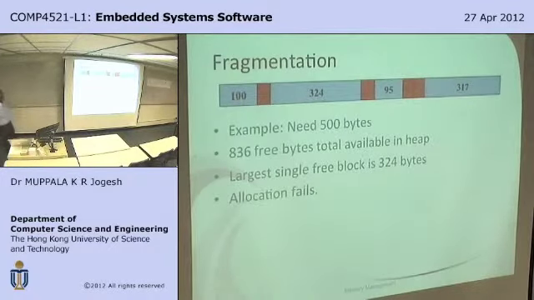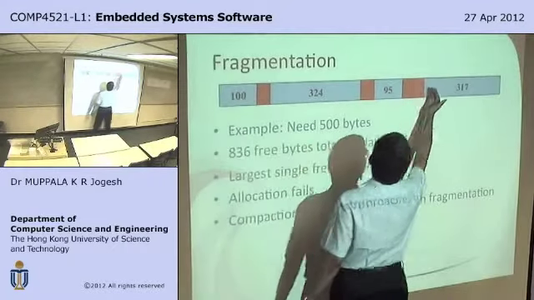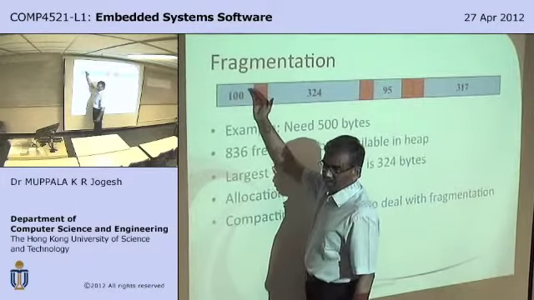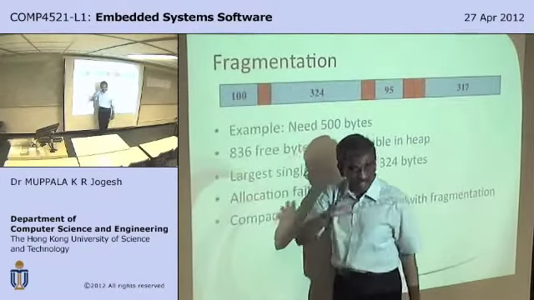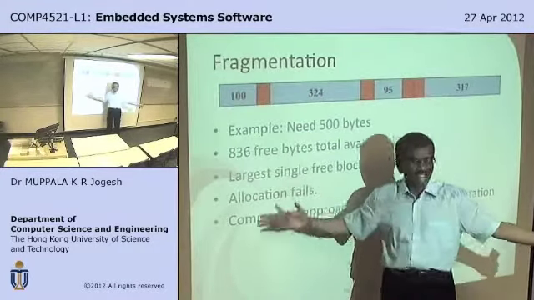Okay? So the allocation will fail if you do not do anything. Now, what is one way of dealing with this problem? One way that memory allocation, the heap management, deals with it is to do compaction. You have heard about compaction in case of segmentation, in the operating systems course. What exactly is compaction? You try to move all the allocated blocks to one side and then coalesce. That's the exact word, coalesce, or in simple terms, combine all the free blocks to make one large